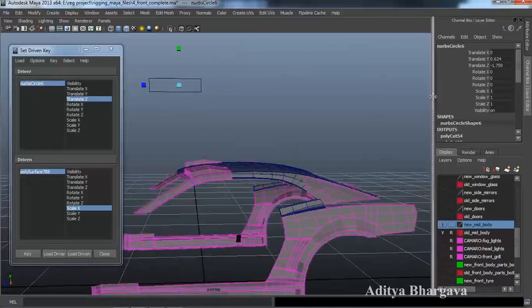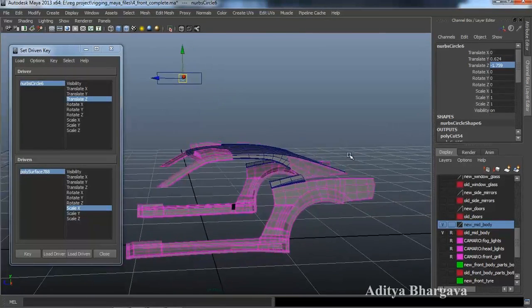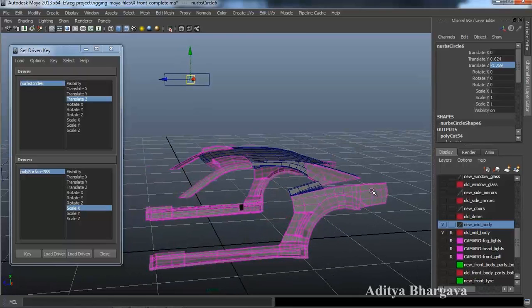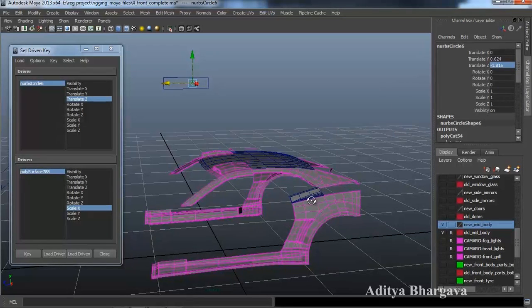This point of the controller, we'll copy the controller's translate Z value, Control C. We'll key it, move the controller -8, -0.1, 1.815 like this,